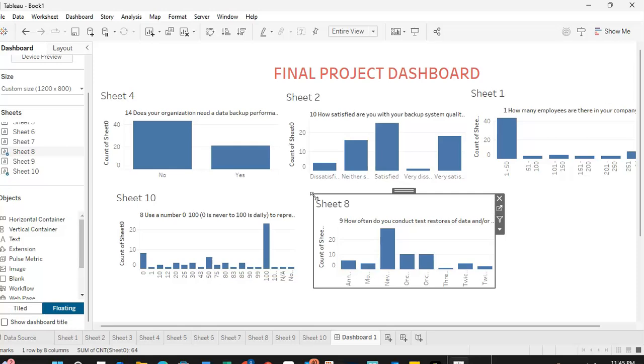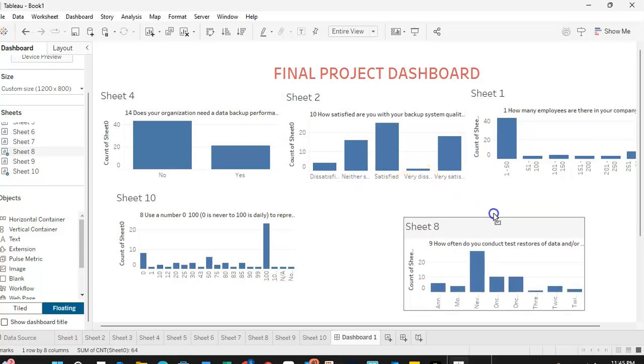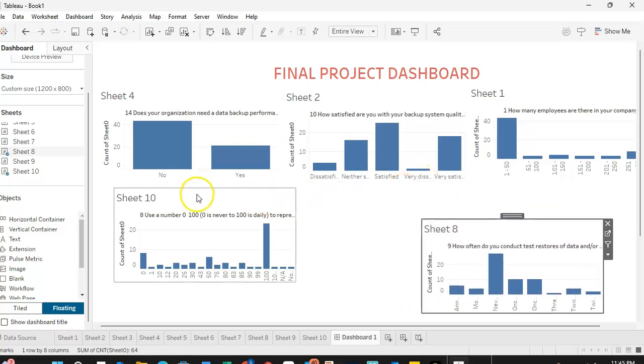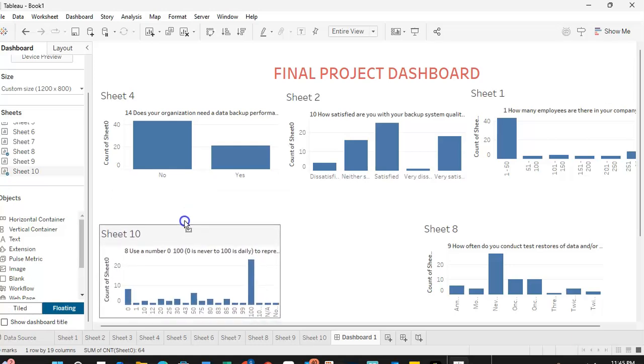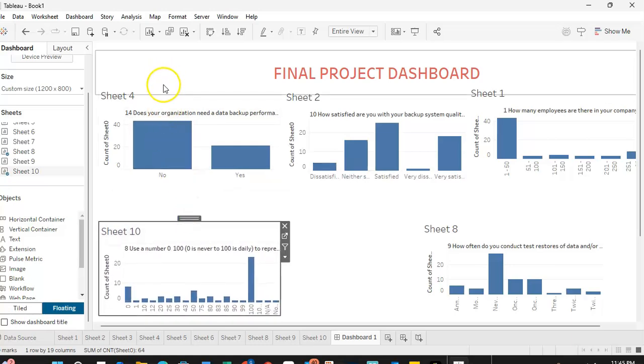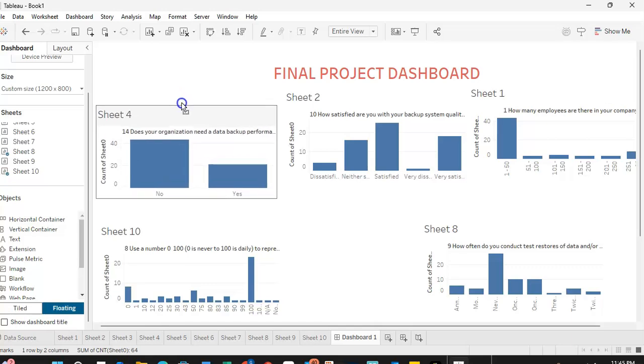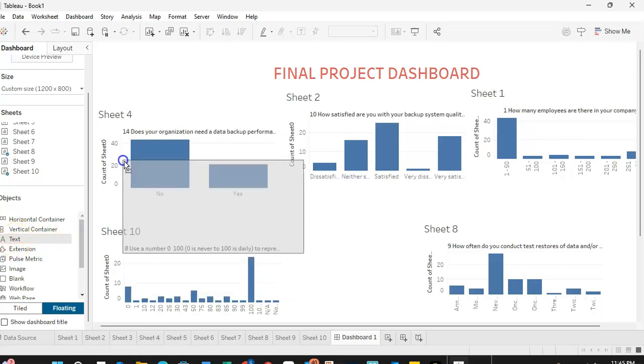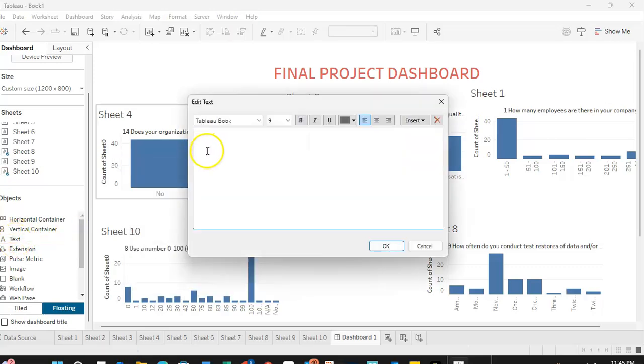Remember, though, you still need to make sure there are 10 sheets there. Now, what you'll have to do is maybe rearrange them a little bit so you have some space. And then what I'll do, for example, here for number 4, it says, does your organization need a backup data indicator? Well, what I've done is I'm going to create a text box. And I'm going to say, I predict, whatever your predictions were. So I predicted,